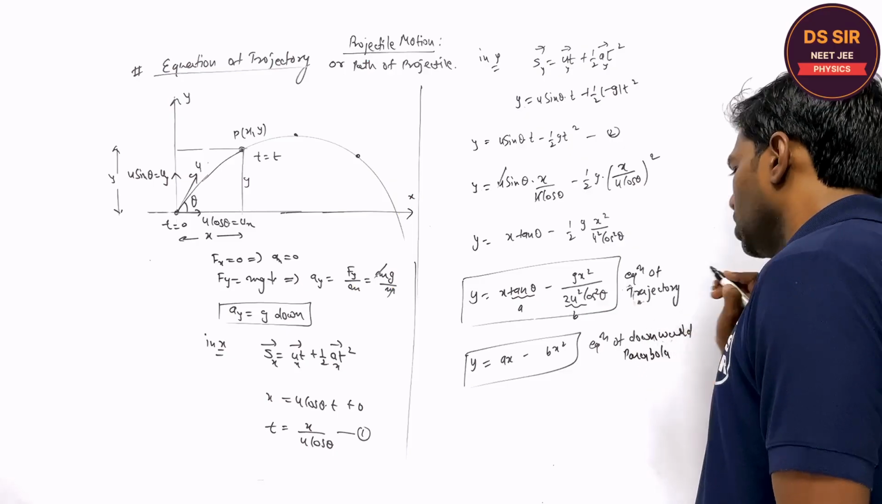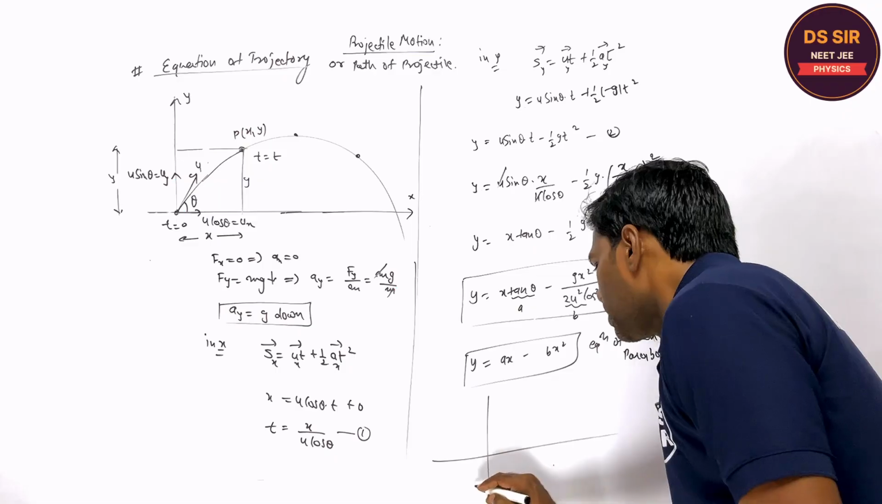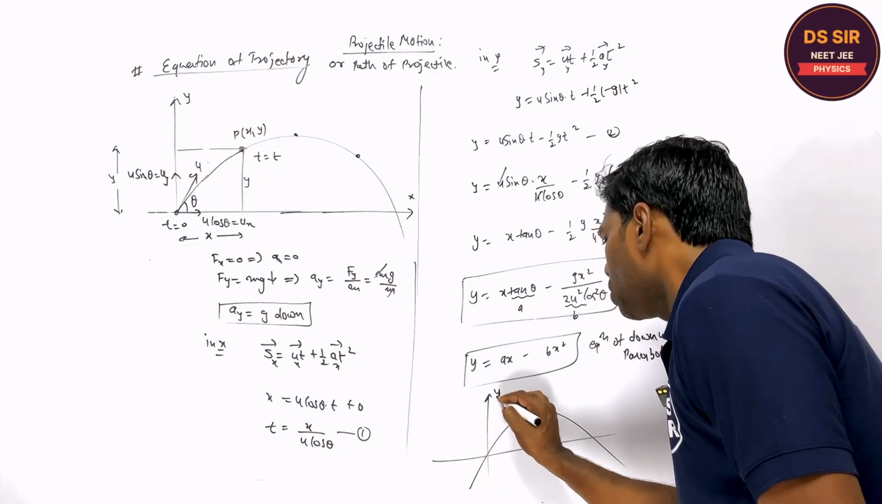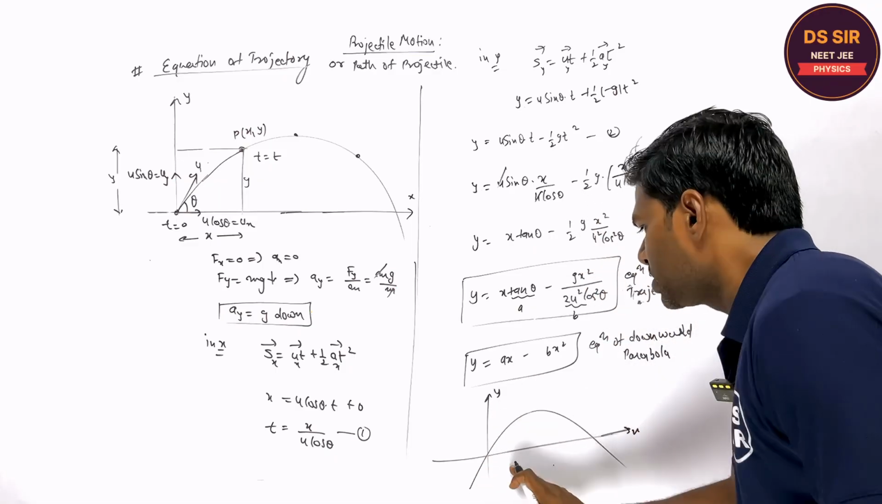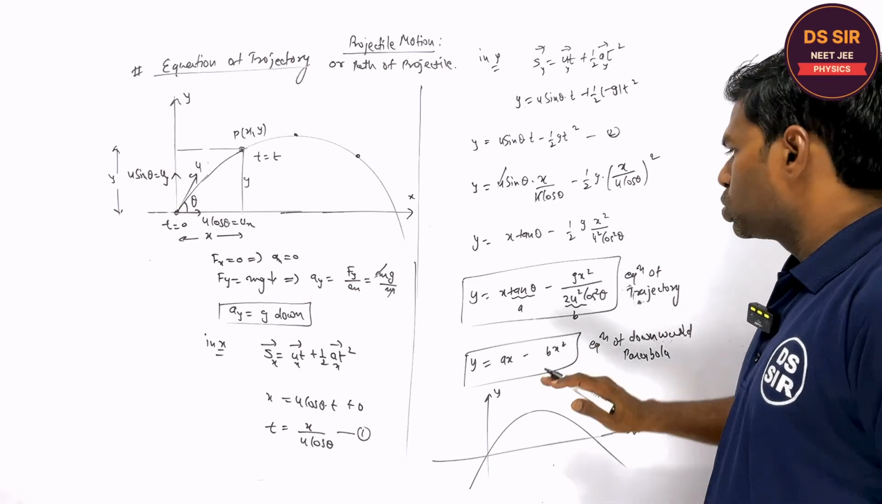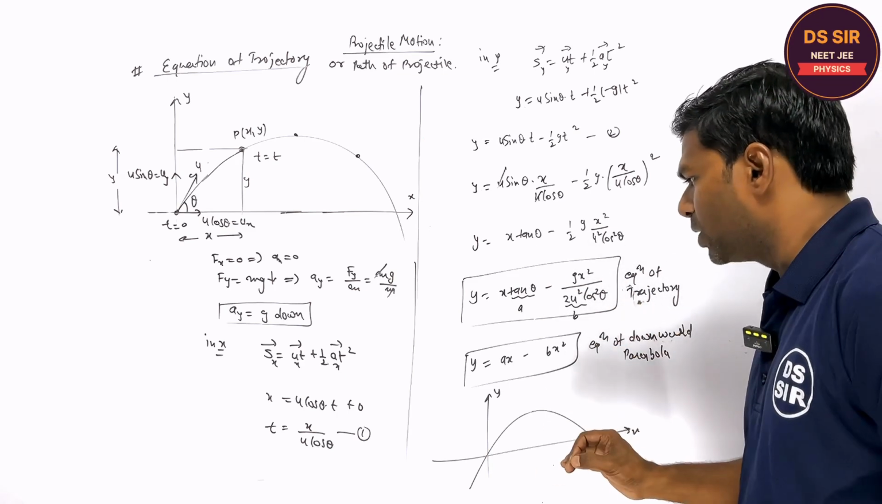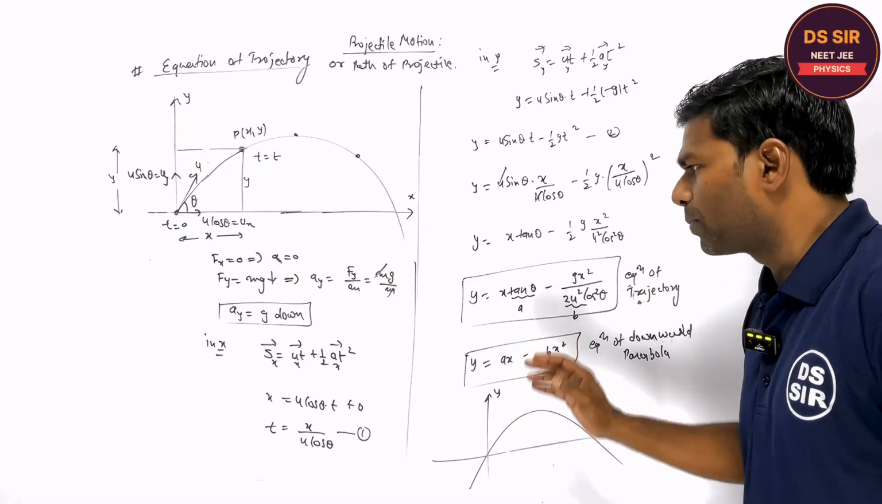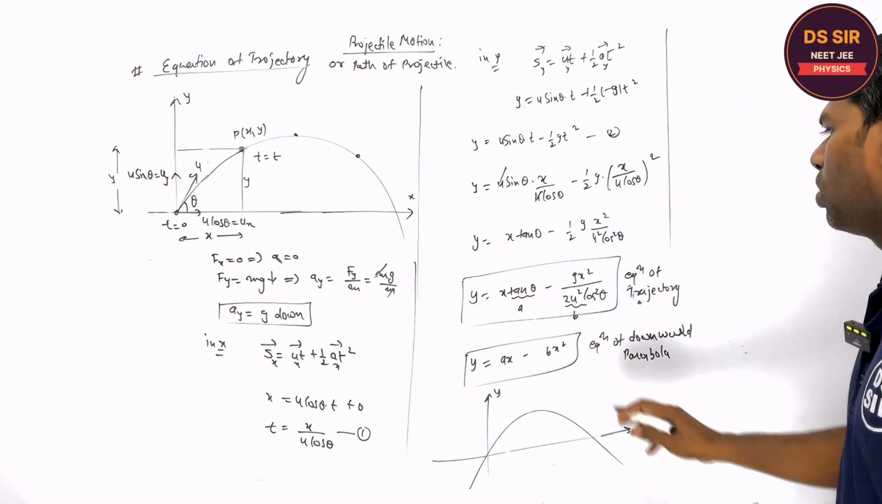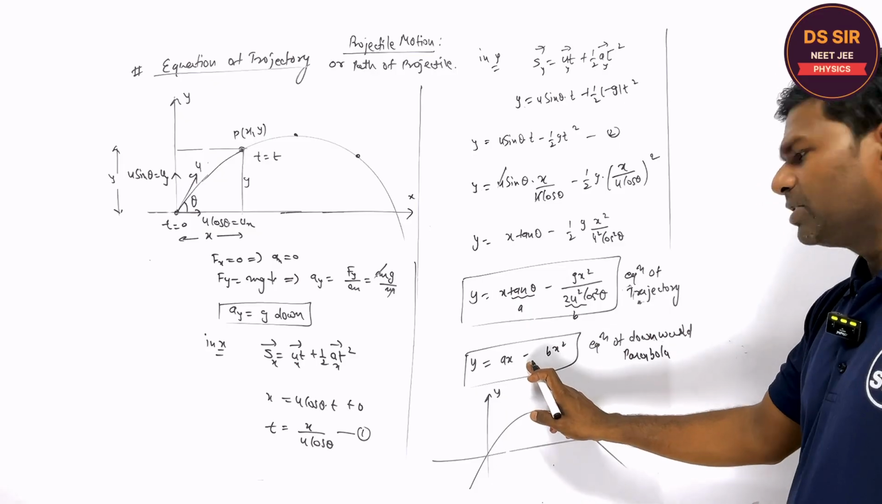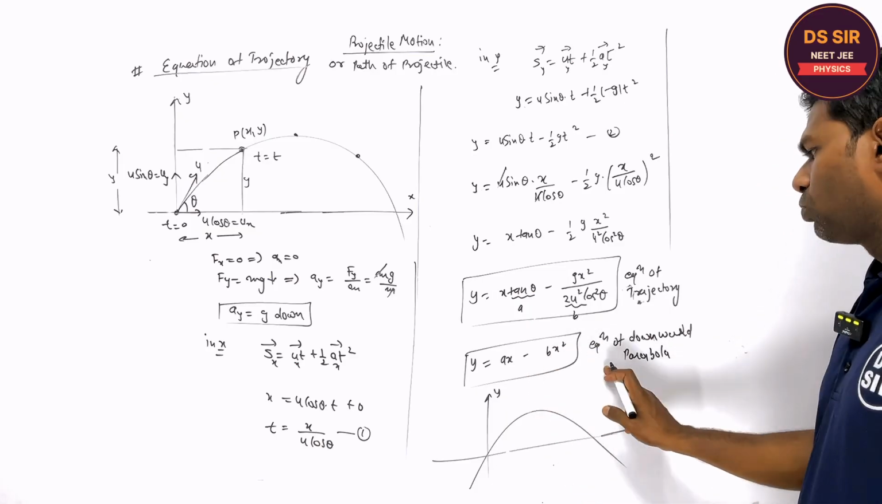The downward parabola, if you know the mathematics, so this is the downward parabola equation. So the equation of projectile, or the path of the projectile, is parabolic, a downward parabola. Copy this. Now, although this is the path, the equation of projectile which is a downward parabola, there is